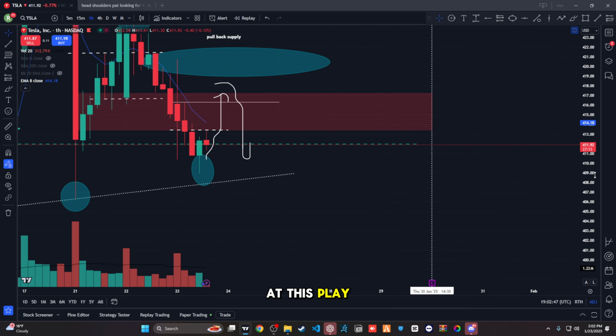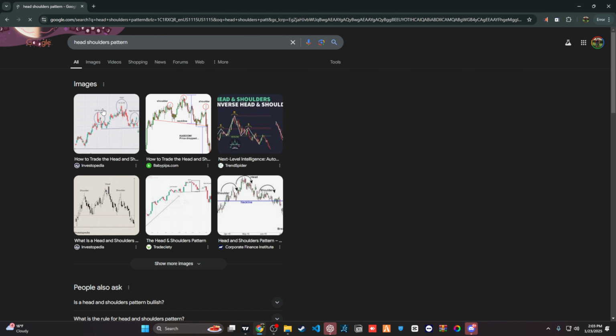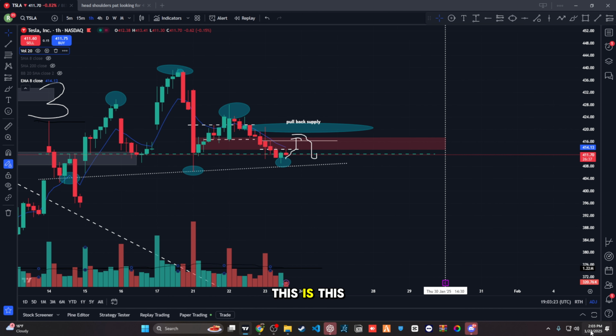We're gonna look at this play. All right, we see this head and shoulders pattern, right? Let me show this head and shoulders pattern. 1, 2, 3. At that low, prices are going to try to get retested again and then probably get rejected, but we have to wait for market open tomorrow, because